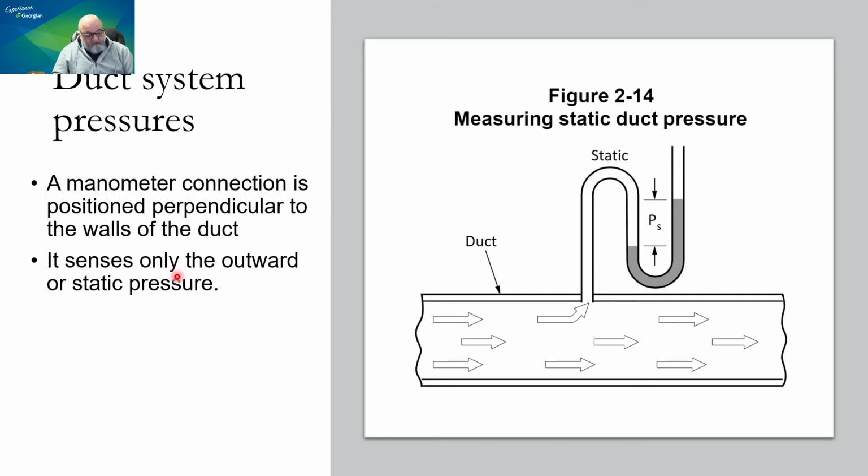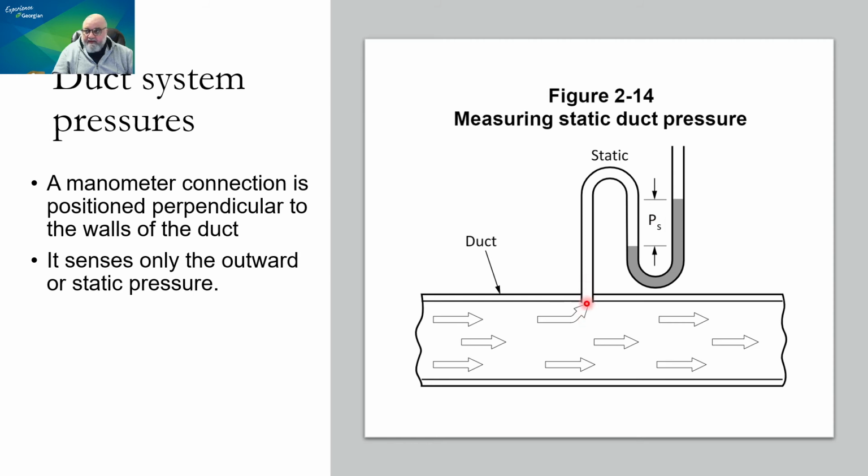It senses only outward or static pressure. We talked about this, right? So do you remember the U-tube manometer? It's the same concept here. So these disturbed, uneven levels of liquid are going to indicate the pressure, which is in this case static